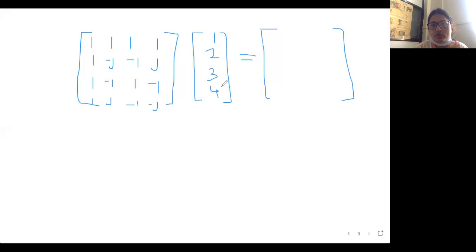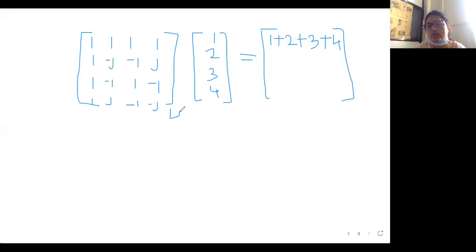First row, first column. So this 1 gets multiplied by 1. So the value is 1 plus this 1 multiplied by 2, so this value is going to be 2. Then third is 1 multiplied by 3, so we will write here 3. Then this 1 multiplied by 4, so here the last value will be equal to 4. Similarly, the second row, first column, only one column is present, so only one value will be coming out.